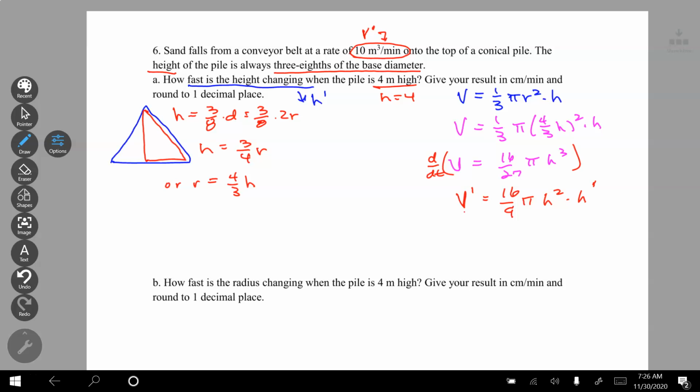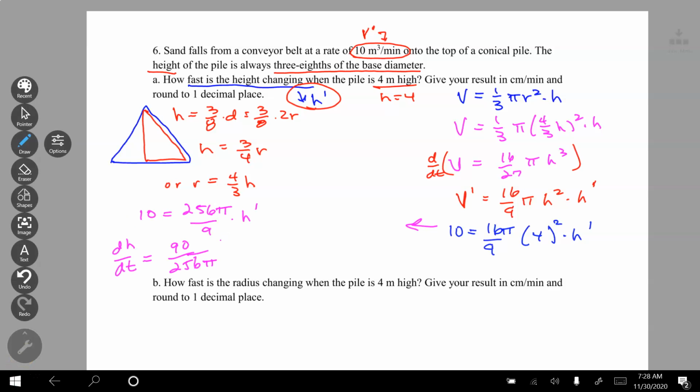The things I know: my v prime is 10. I know my h is equal to 4. I'm trying to find h prime because it says how fast is the height changing. I'm looking for h prime. So 10 is equal to 16 pi over 9 times 4 squared times h prime, and so I move my equation over here and I figure out my dh over dt is 90 divided by 256 pi, which I get